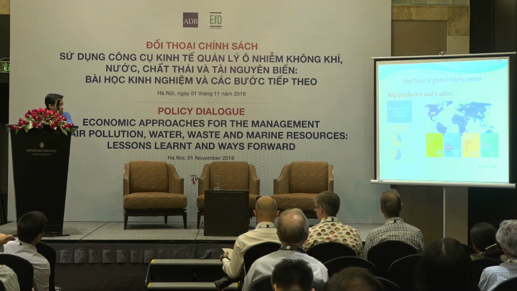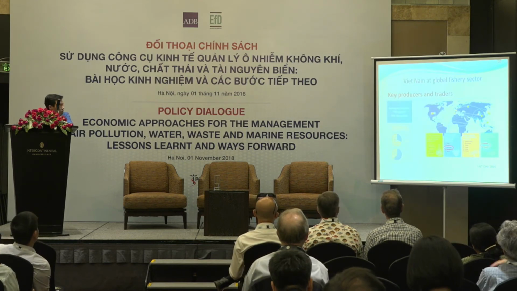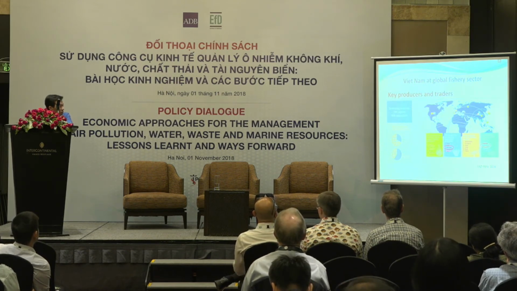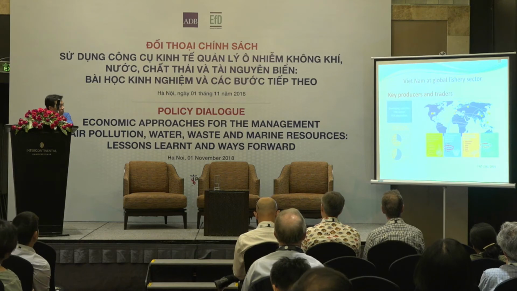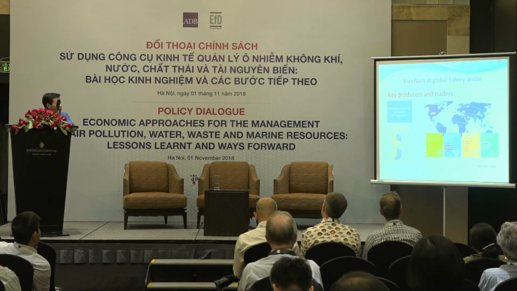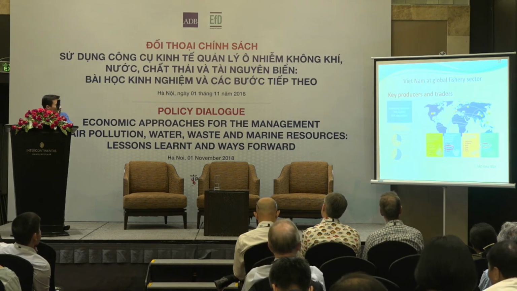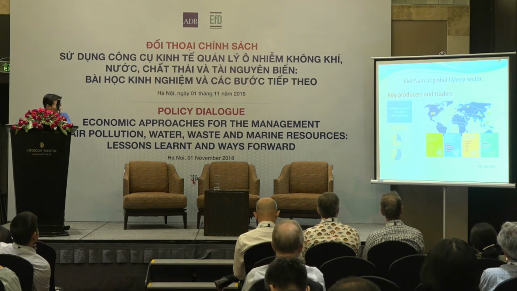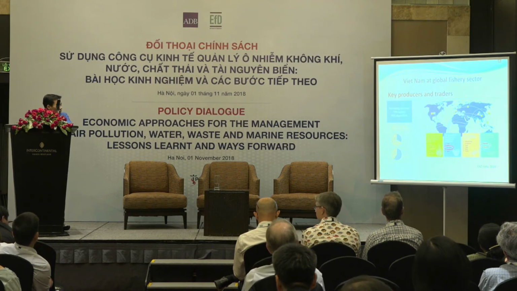And as the professor already indicated, I got the data from the FAO 2016. So this is where Vietnam is located here. We are following China and India for aquaculture product, and for marine. So we are also the third country in aquaculture. So you can see it's very important in terms of the fishery sector in Vietnam.